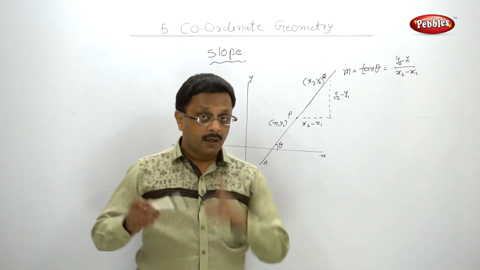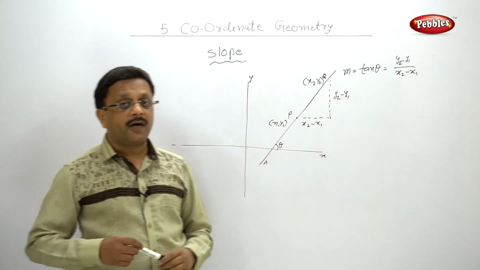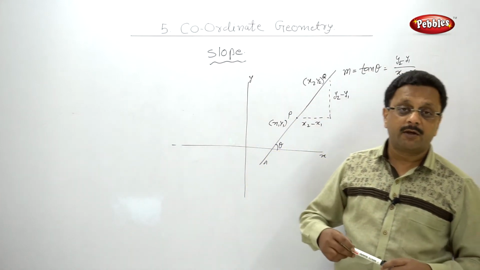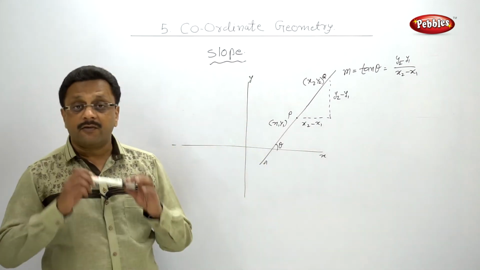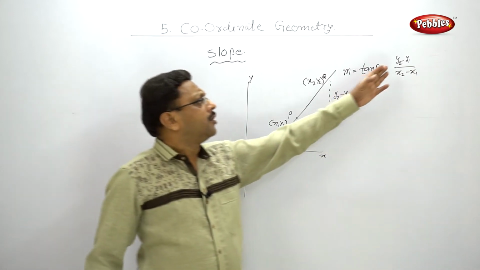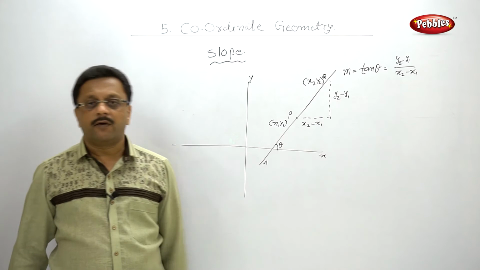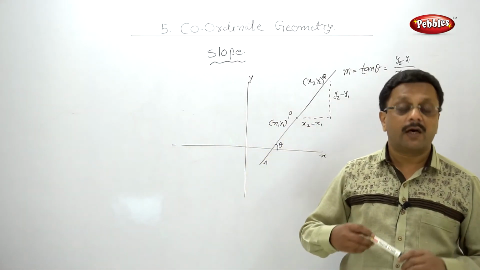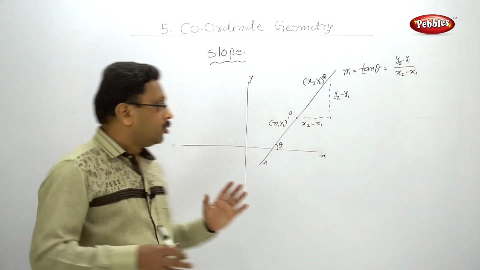In case x1 and x2 are the same, then it will be divided by 0, and whenever division by 0 is there, the answer is infinity, not defined. Okay, but suppose y2 and y1 are the same, then the answer is 0, and we know that it is not infinity, it is 0, tan 0 is 0. Okay, so now